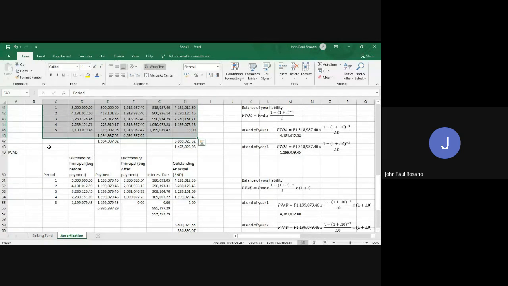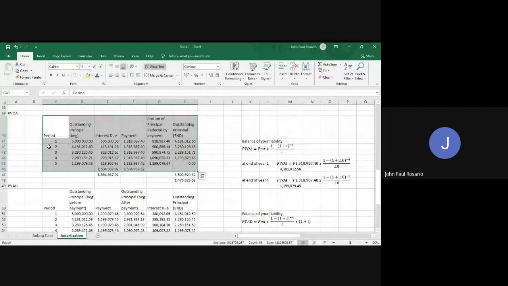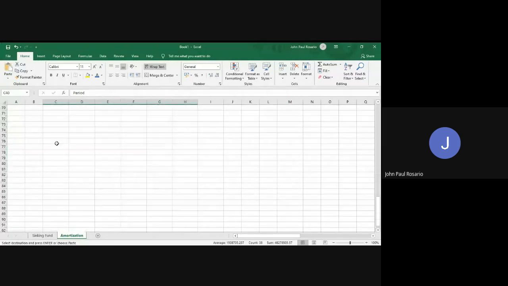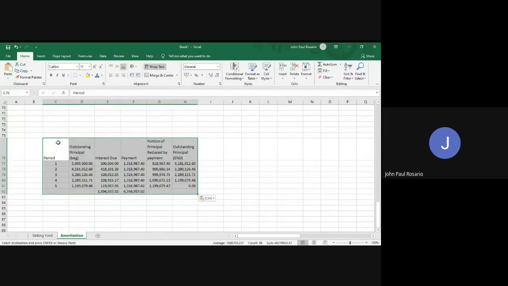Amortization. Oh yeah, I already discussed that. Okay, so what if the payments are not equal? I mean, the last payment is not equal to the rest of them. So what if instead of just 1.3,